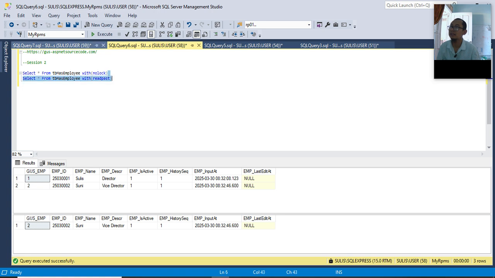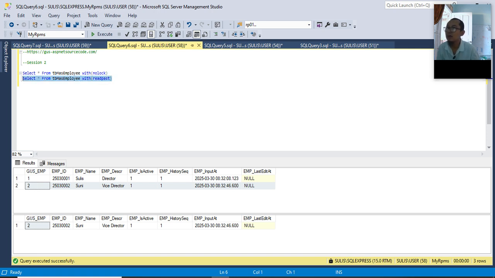Now let's see in session 3. The result is the same. What is the difference between no lock and read past? By with no lock, all data will be displayed, even data number 1, which is being processed, and data number 2, which is not being processed. With read past, only data that is not being processed will be displayed.